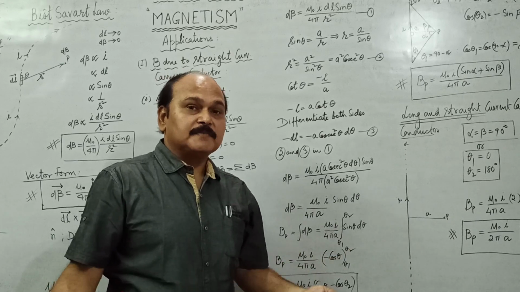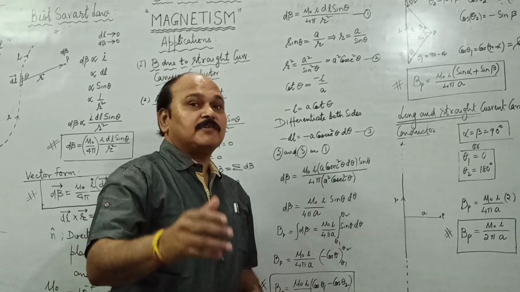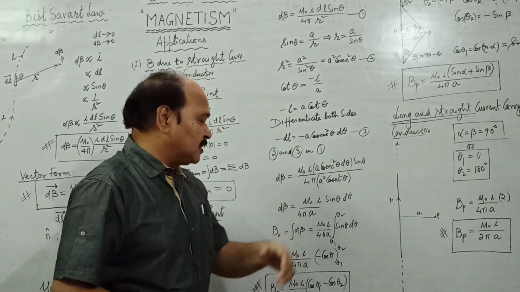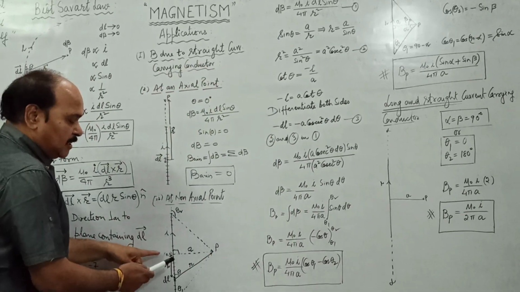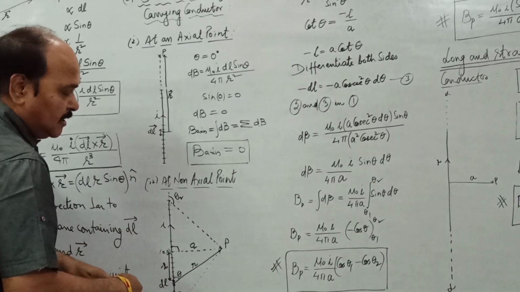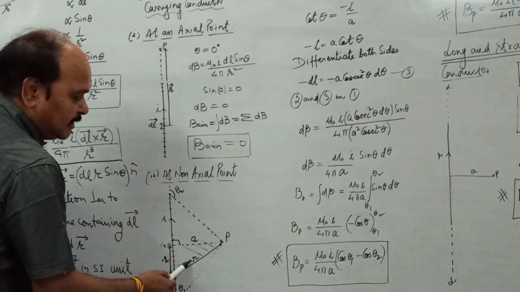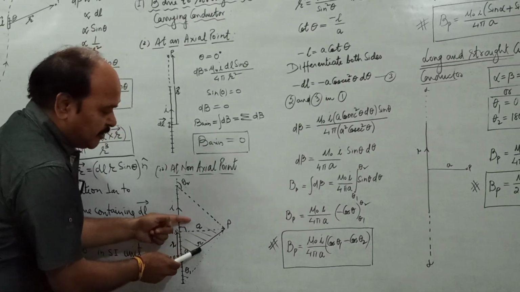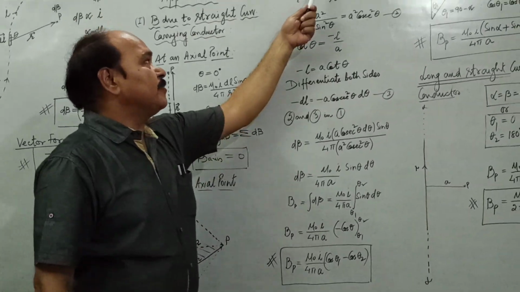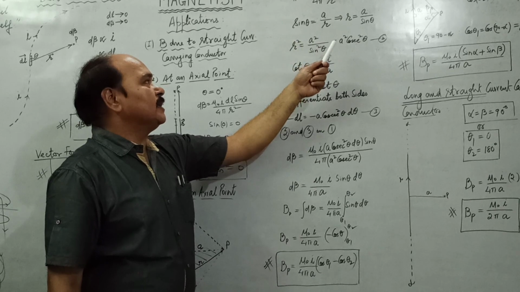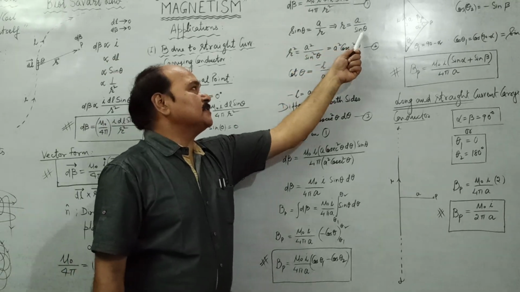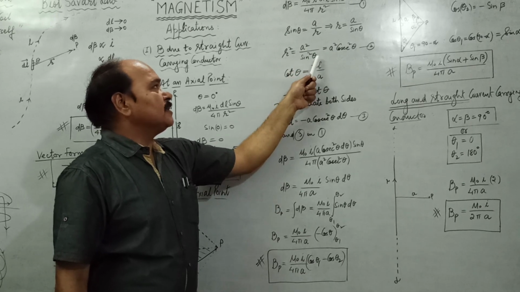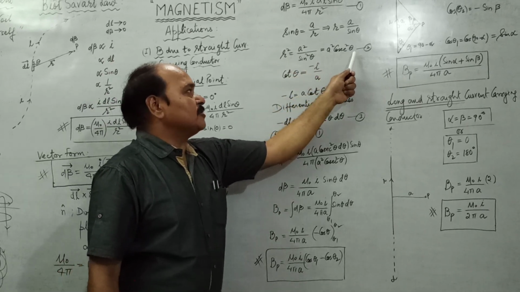So what is next? We are supposed to eliminate the variables and bring them down to 1. And for that, what are we doing? Look at this triangle. In this triangle, can we find out the value of sin theta? Yes, we can. Sin theta is what? Perpendicular upon hypotenuse, a upon r. Sin theta is a upon r. And if we solve it, what do we get? r is equal to a upon sin theta, or r square is equal to a square upon sin square theta, or r square is equal to a square cosec square theta.